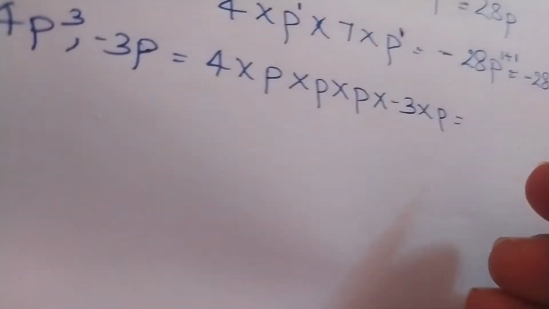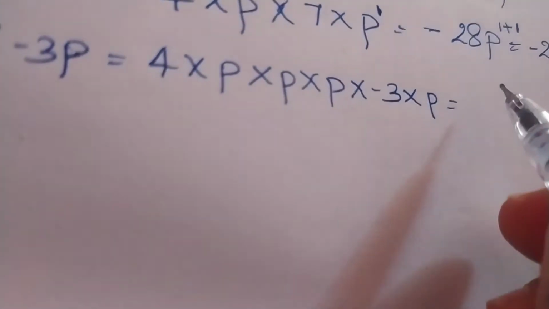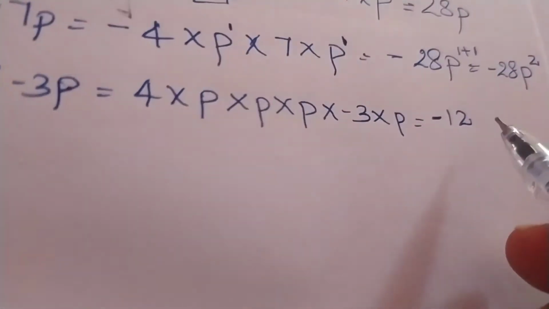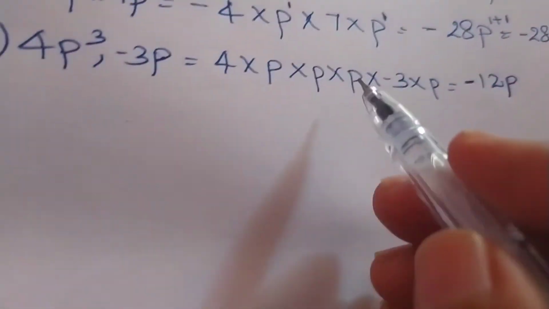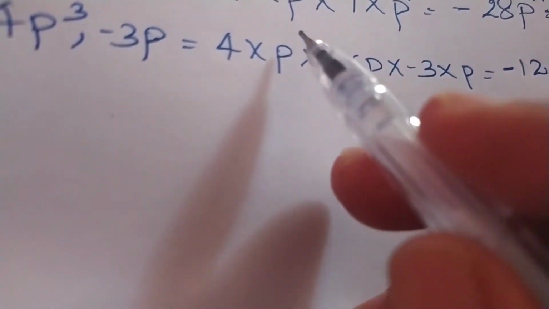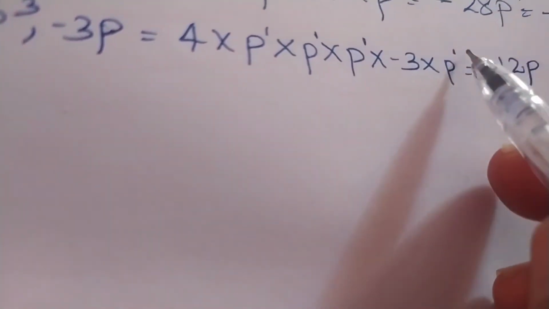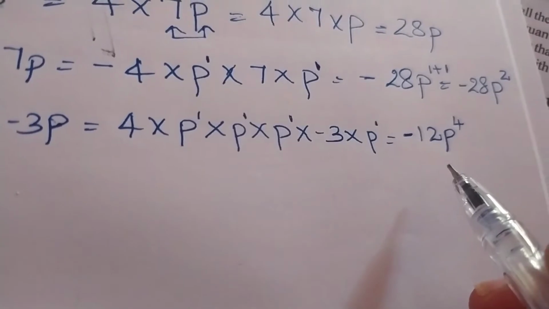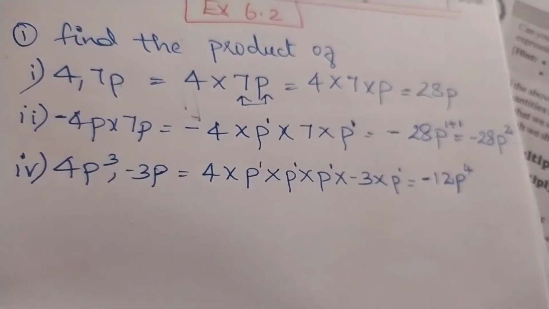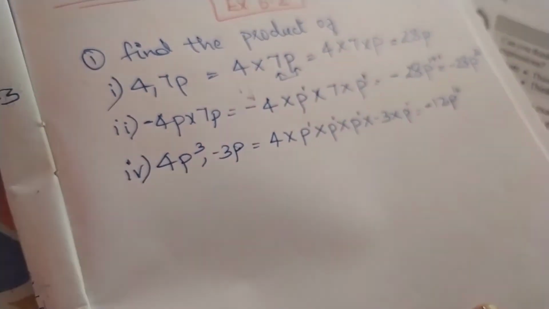Okay, children. So let us multiply numbers. When a number doesn't have a sign, it means it is plus. So plus into minus is minus, and 4 threes are 12. How many p's are there? 1, 2, 3, 4. P will be the same. Since it does not have any power, we consider it to be 1. So 1, 2, 3, 4. P power 4, not 4p. P power 4. This is how we find the product, children. I hope you have understood. We multiply the numbers and then we multiply the variables.